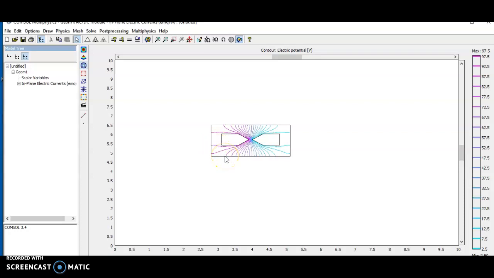So for a better material, the stress should occur uniformly. So here the stress should be uniformly distributed. That means the lifetime of the material should be somewhat high and the efficiency of the material is high. So this is a major drawback. That is a major disadvantage of using point electrodes, that stress is accumulated near the tip of the material.